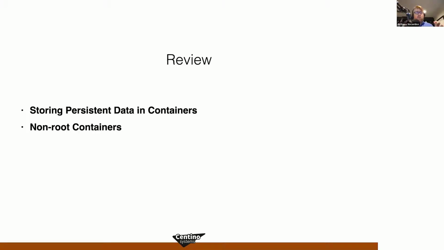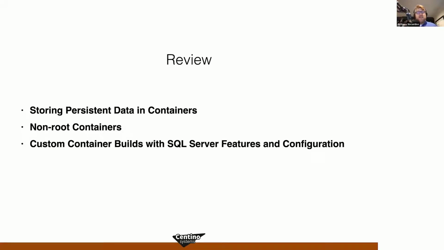We looked at what it means to run a non-root container and why that's super duper important because of privilege operations, et cetera. But if you're running a modern image of SQL Server, official image, that's going to be non-root. But if you're building your own images, you want to make sure that it's running as non-root. And we looked at how to do that when we got into the section where we built our custom container image. In that section, we also looked at how we can add additional features by installing additional packages like ML. We kind of discussed it, but I didn't show it. But also how to inject configuration with the tools that we have available, either MS-SQL Conf or environment variables.